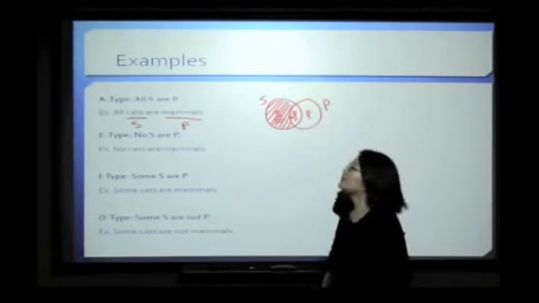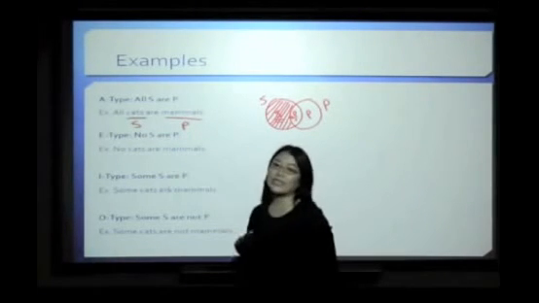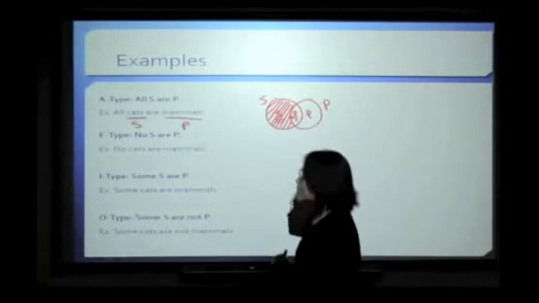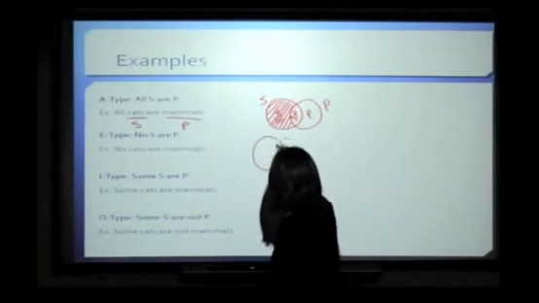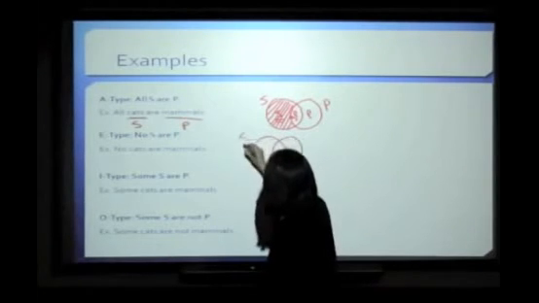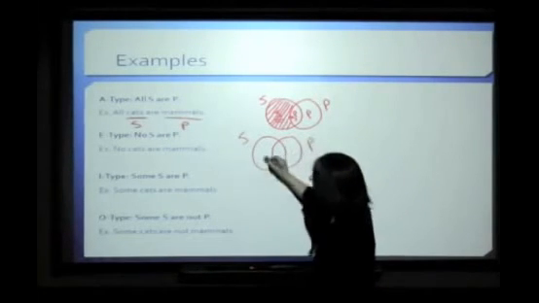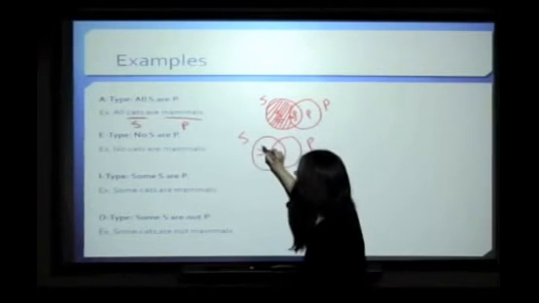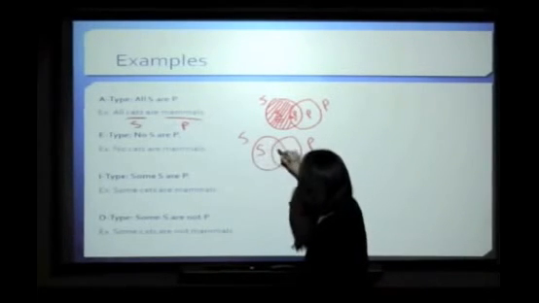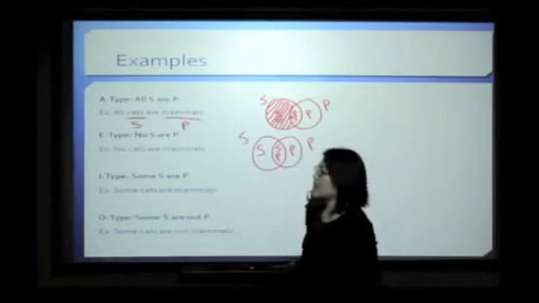Okay, next we have the E-type statement, no S are P. So again, we have two interlocking circles, S and P. And I'm going to label the inside areas just so you can see. So here we have the S area, this is SP, and this is P. And this statement, no cats are